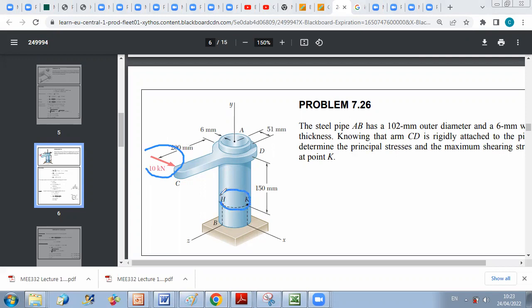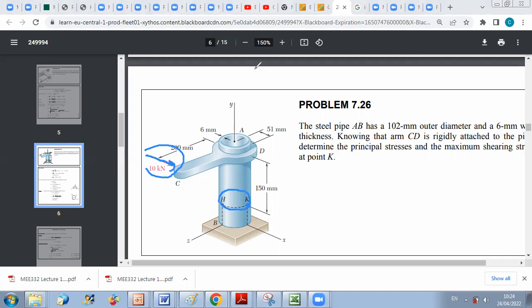And once we do this, we can determine the state of stress at point K, and then deduce the principal stresses and maximum shear stress. So to start with, this force will lead to a shear force in plane XZ of